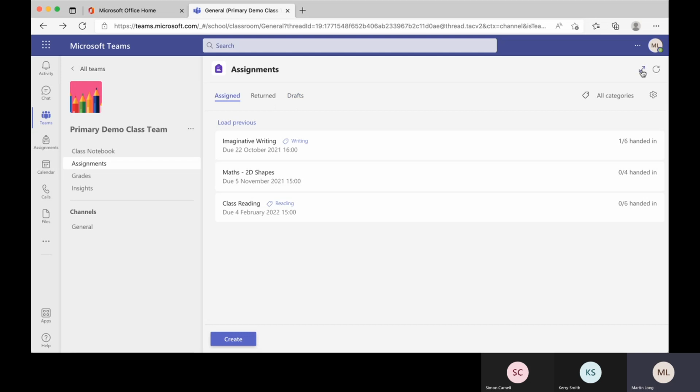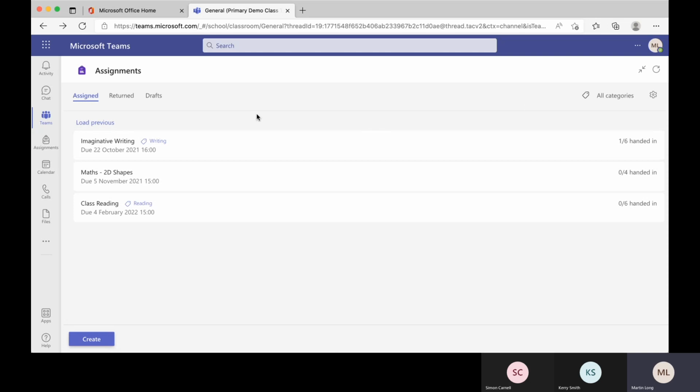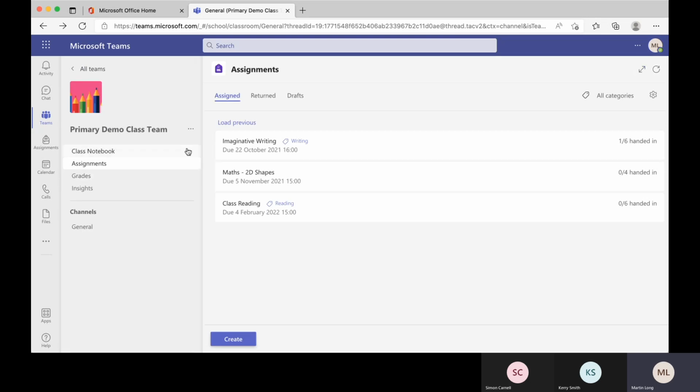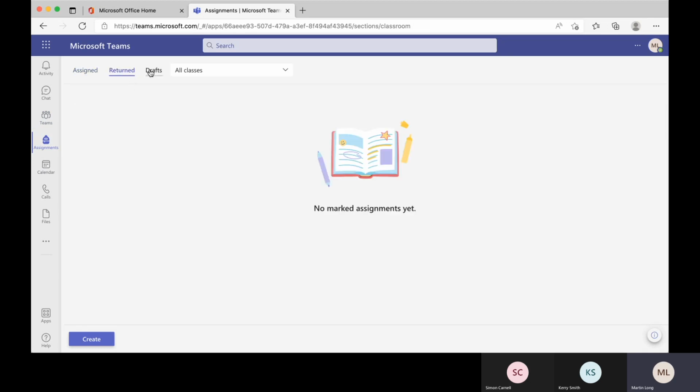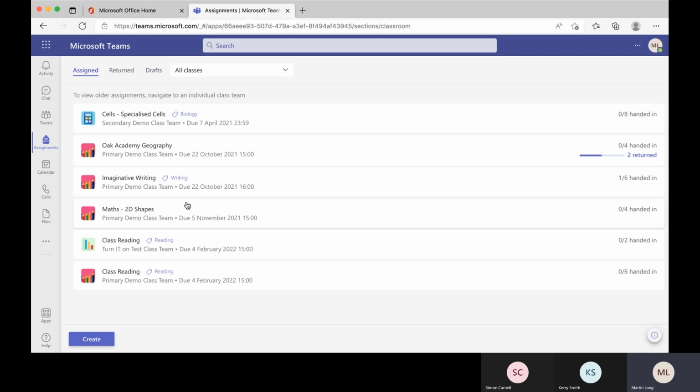If you wanted, I should have said, if you wanted a bit more room to work on anything in Teams, the arrows in the top right hand corner spread out the page and get rid of the information section that was there, so you've got more space to work. This is all in the we space at the moment, so if I went to the me space, I can also look at assignments, and then it would tell me what I've got set and what's due for me. So that's my assigned work, my returned work, and my drafts. That's all in there, but that would be just mine that were assigned to me, or mine that I'm drafting